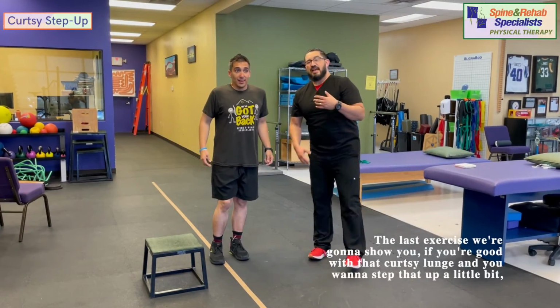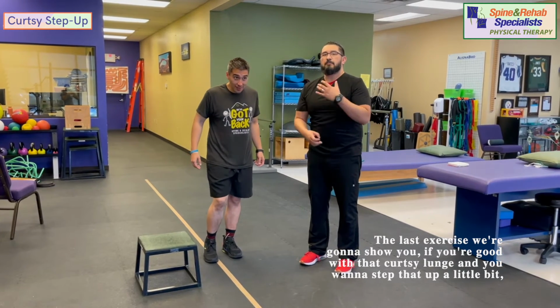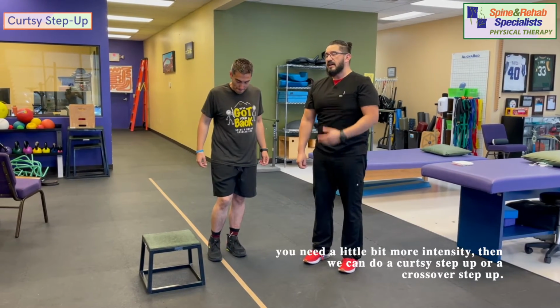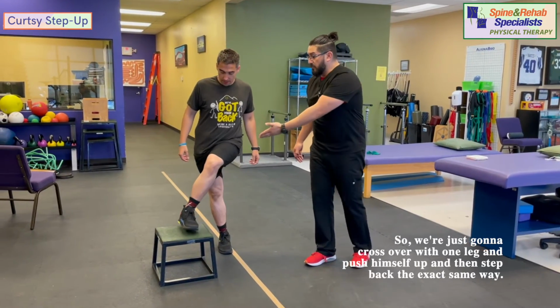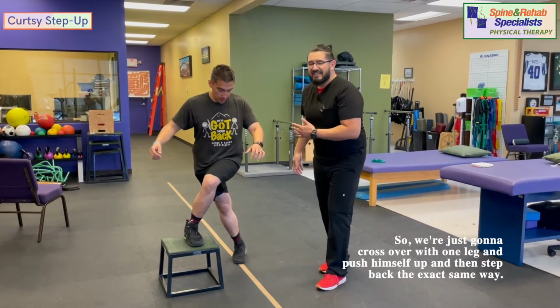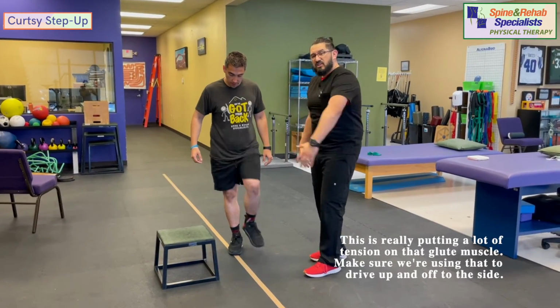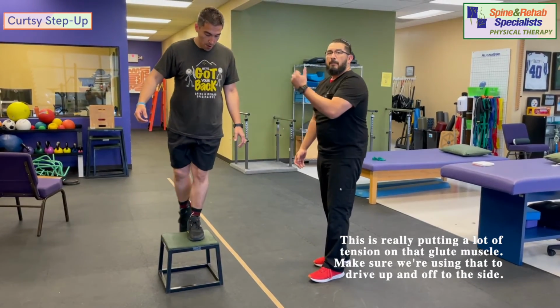The last exercise we're going to show you, if you're good with that curtsy lunge and you want to step that up a little bit, you need a little bit more intensity, then we can do a curtsy step up or a crossover step up. So Chris is going to cross over with one leg and push himself up and then step back the exact same way. This is really putting a lot of tension on that glute muscle, making sure we're using that to drive up and off to the